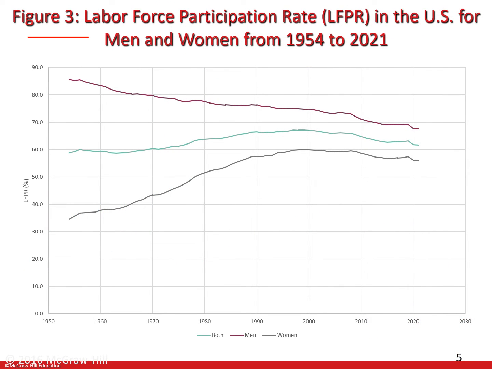Figure 3 talks about the labor force participation rate in the US for men and women from 1954 to 2021. We can see that overall the labor force participation of men, this line here, is greater than the labor force participation rate for women over time, but the rate for men started at about 85% in 1954 and gradually decreases